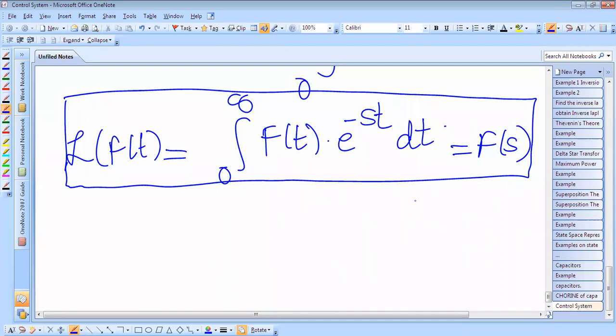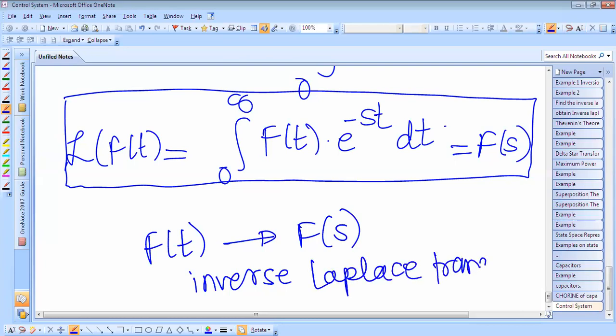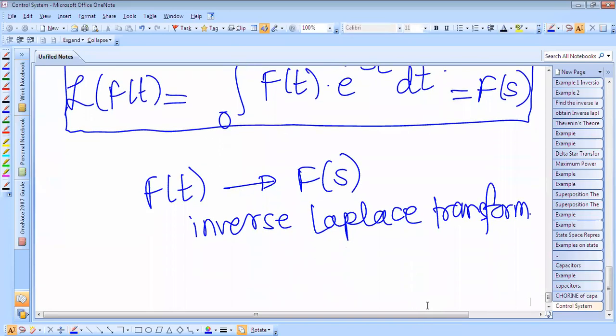This reverse process is called the inverse Laplace transform. We can also invert this into the time domain, and therefore the operational symbol for this is used